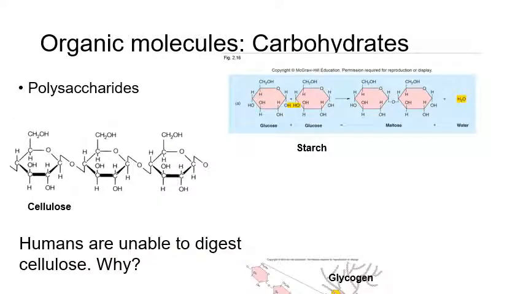You can continue and bind multiple carbohydrates together in a chain and you get polysaccharides. Okay. And I want to point out how these are formed. I don't like to harp on the chemistry, but we need to know the type of chemical reaction that's happening. You can see glucose,